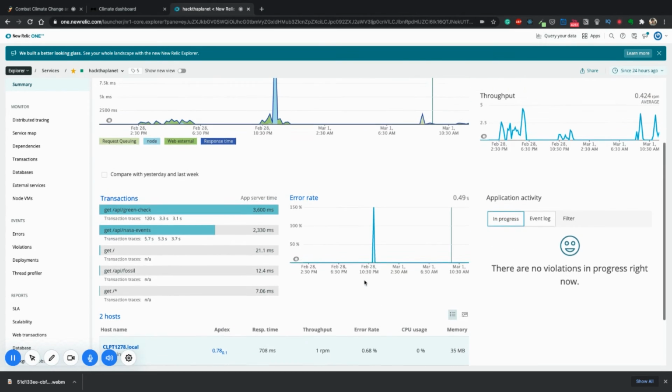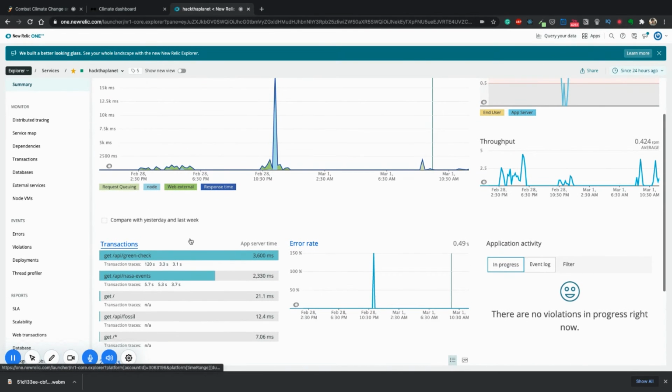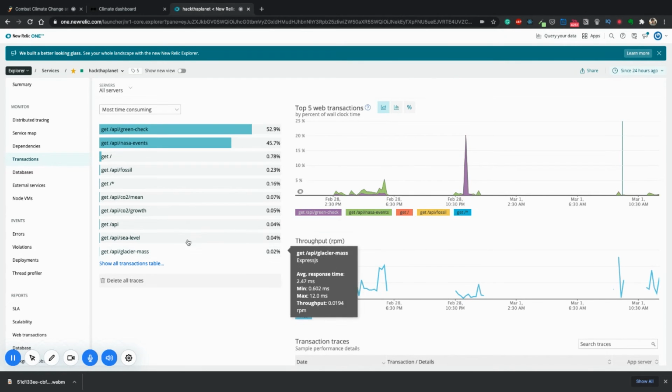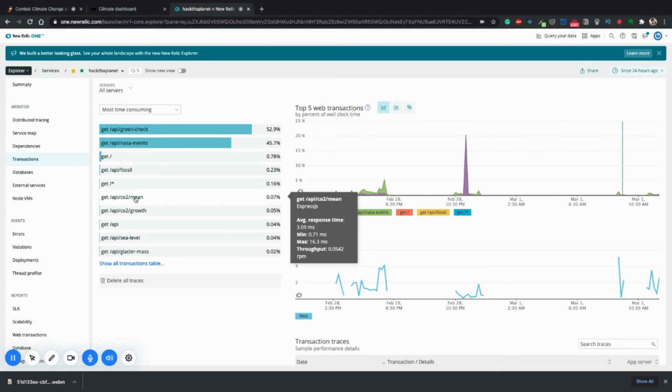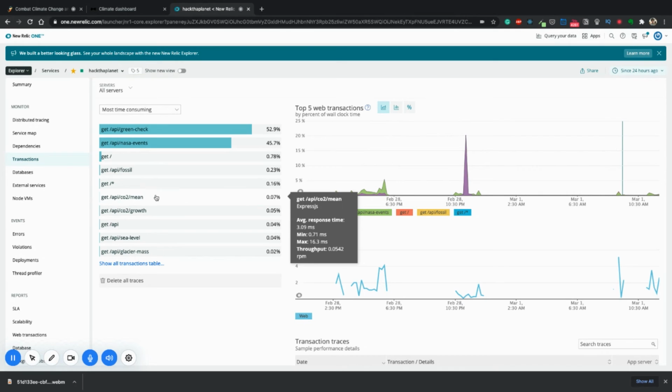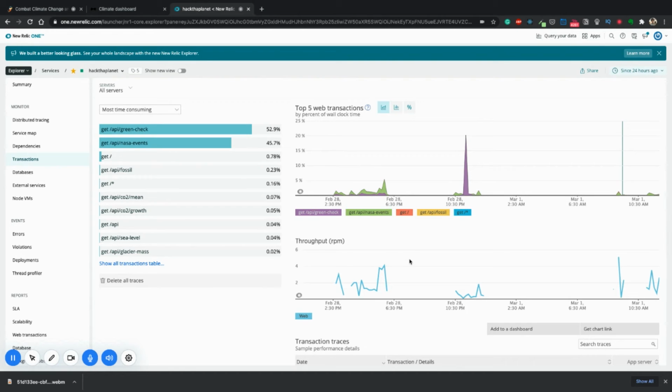The main part of my application is the APIs, because I have been hitting several APIs from my node layer to get the graphs, the mean CO2, the growth, the NASA events, and the green check API. These are all the different APIs that I am hitting. And the transactions screen is one of prominence for me. So I come to this page now